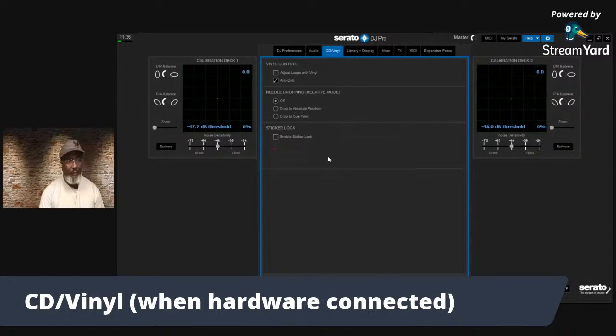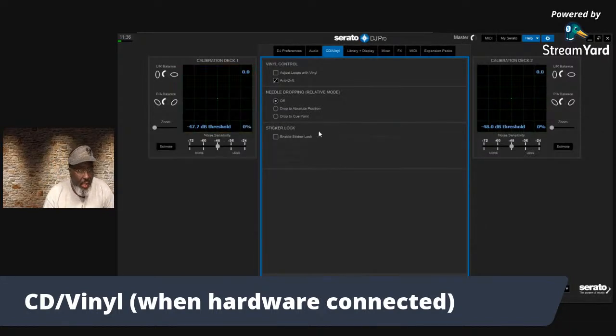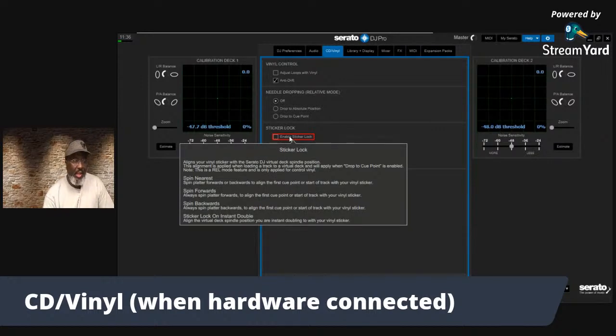And I also have options that are grayed out. They may be grayed out because it doesn't apply to this device. But in sticker lock, to enable sticker lock, and I haven't really used sticker lock that much. Sticker lock aligns your vinyl sticker with the Serato DJ virtual deck spindle position. This alignment is applied when you're loading a track to a virtual deck, and will apply when